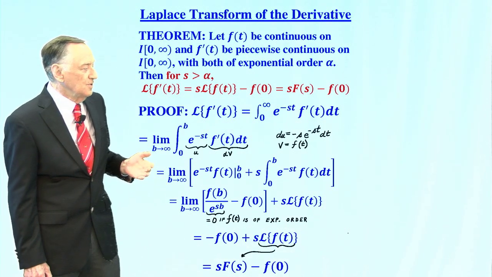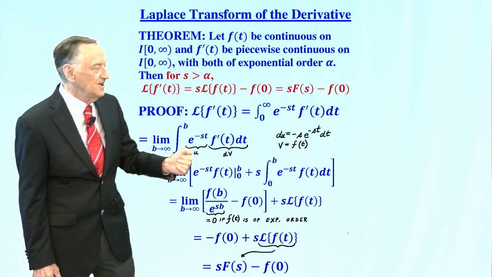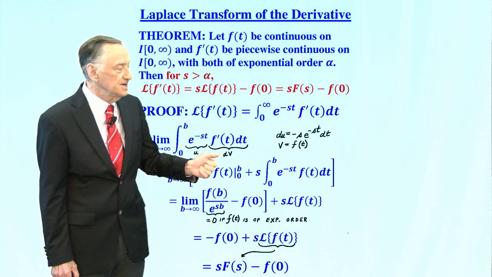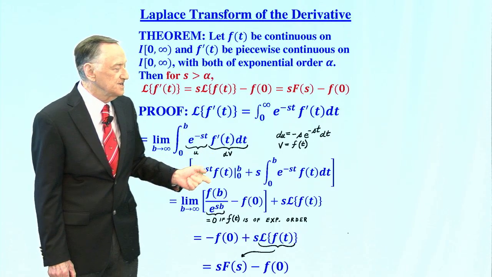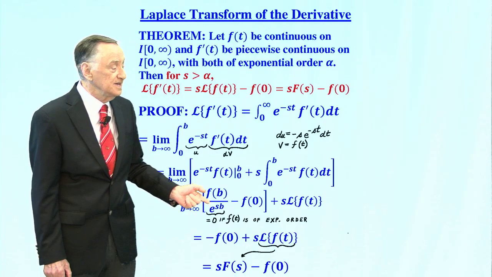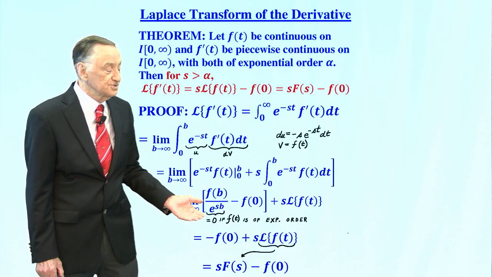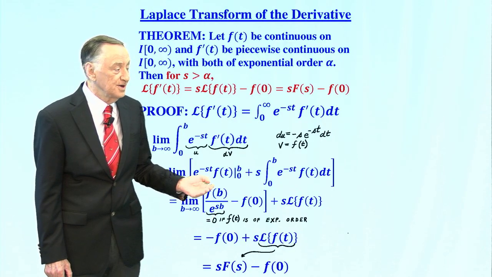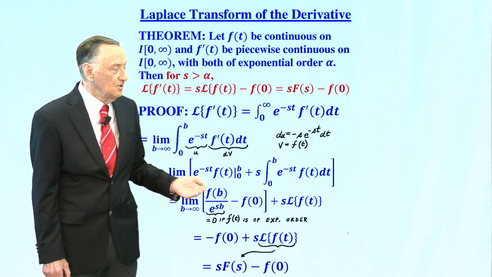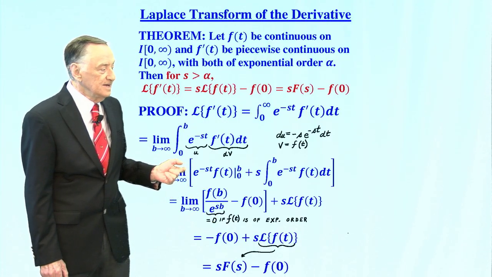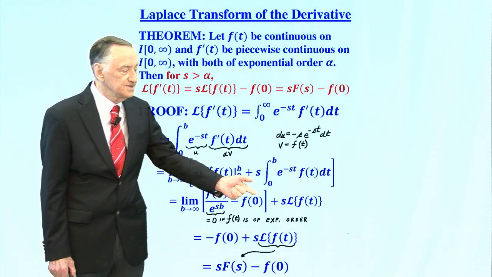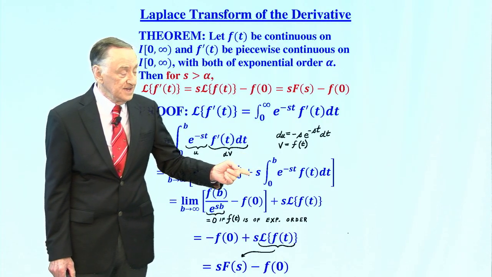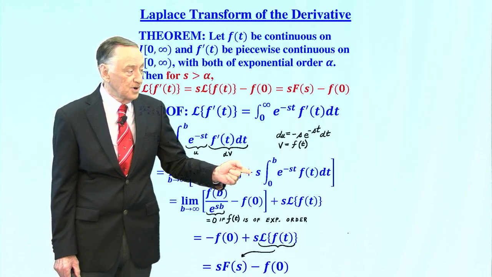And of course, when we multiply u times v and evaluate it from 0 to b as b goes to infinity, you get what we see right here. And we can write that as f at t over e to the positive sb, but f at b is of exponential order, so that's going to go to 0. The denominator is going to go to infinity faster than the numerator there, so that goes to 0, and we're left simply with the lower limit minus e to the 0 f at 0, so we just have an f at 0 there. And of course what you see for the v du part of that integration by parts is